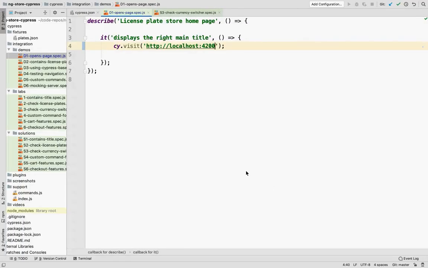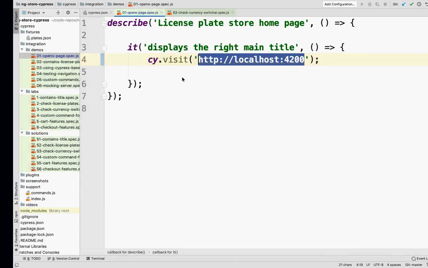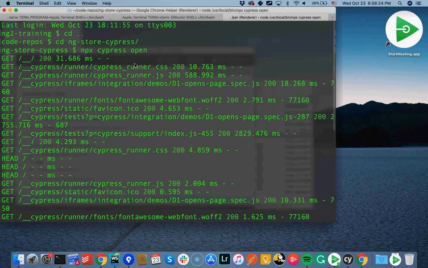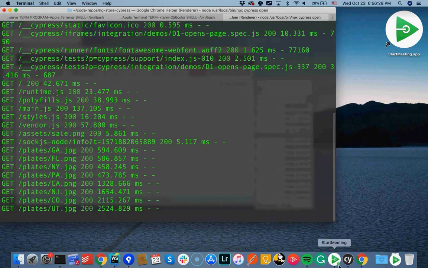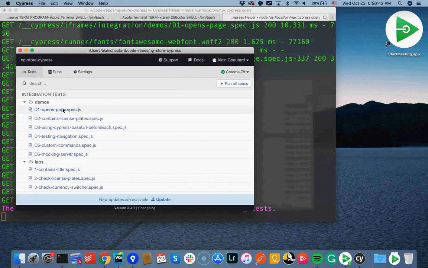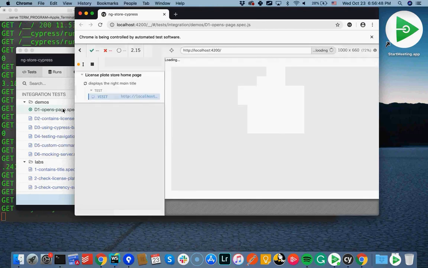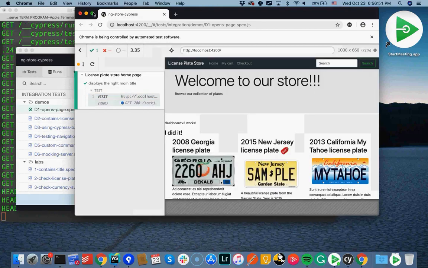So that's the code, that's what it looks like. I just change the URL to run locally on my machine. To run this, I would go to a terminal and run npx cypress open, and this is going to open the following window, and from there I click on my test file, my test spec. I have to stop first. It's going to run those tests in here.